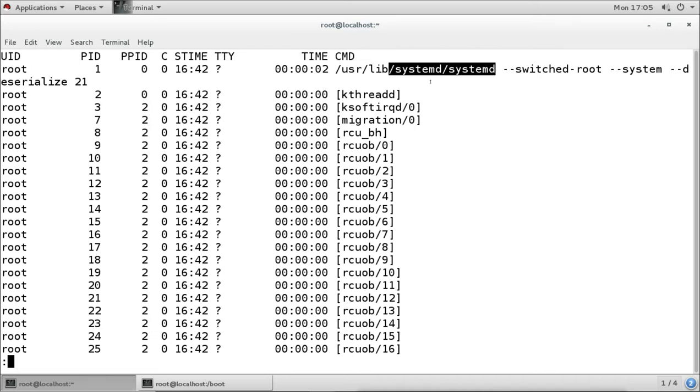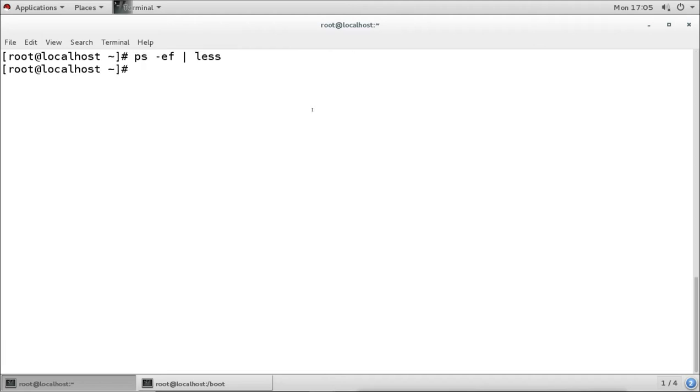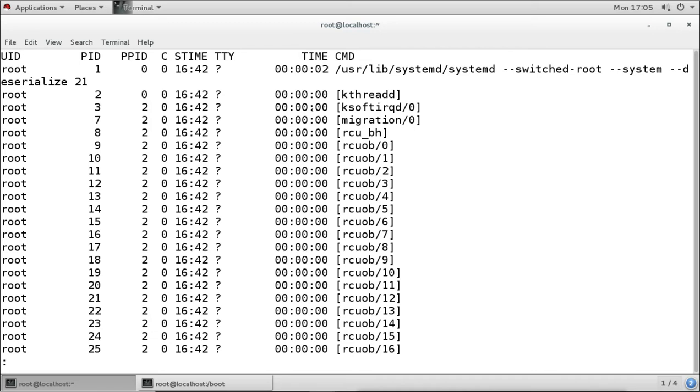Systemd can run multiple processes simultaneously, so it can boot the system more quickly than the init systems. So now we have systemd as our first process, with process ID 1.